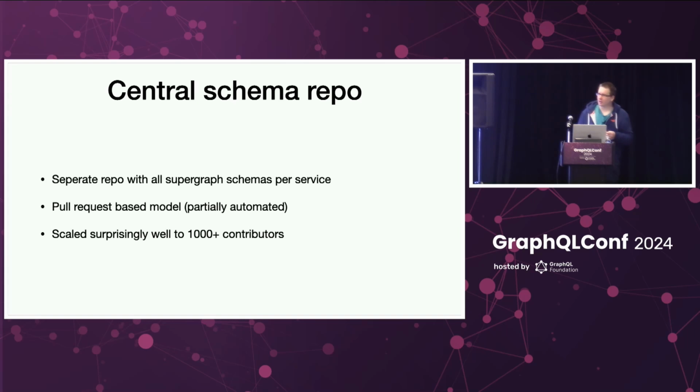This interestingly scaled surprisingly well to more than 1,000 contributors over the years. So you would think this is kind of a joking point, but a Git repo scales pretty well. Even if you have hundreds of people continuously contributing to it, if you don't have permanent merge conflicts and you manage the reviewers separately, for example, it scales pretty well, and we have no immediate plans to change that.